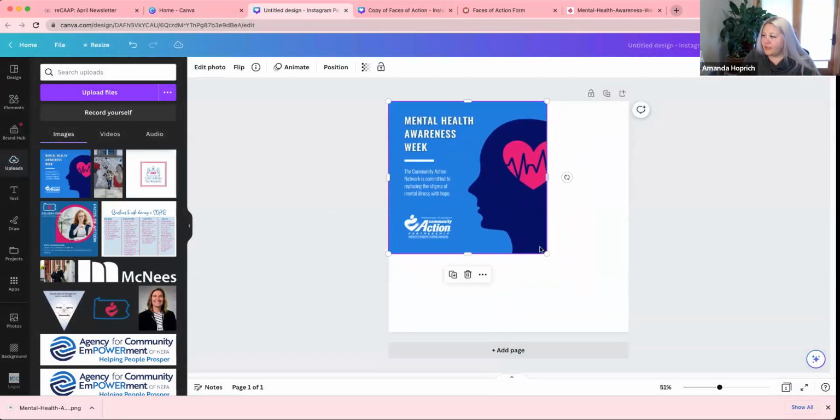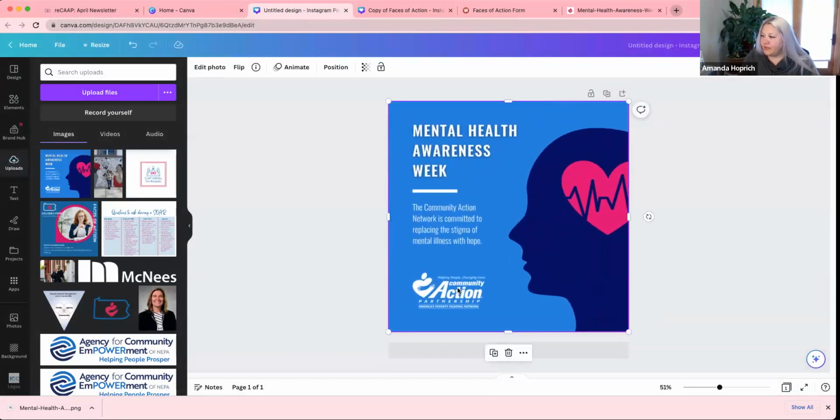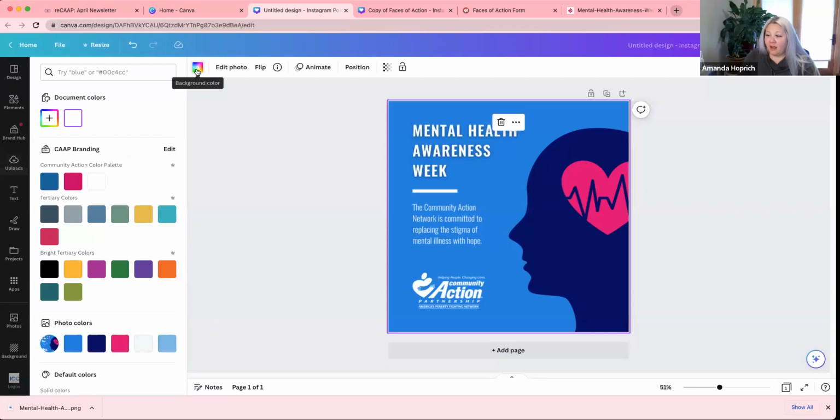We're going to just line it up and add it within our post. And as you'll see, because this isn't a template, these assets are locked because we downloaded it, and that's the only way we're able to download it, as one image. But one of the things that I think is super helpful if you want to just take this image and add your logo is in Canva, if you click on the color piece and you look down here in the photo colors, it's going to give you the photo colors that it pulls,